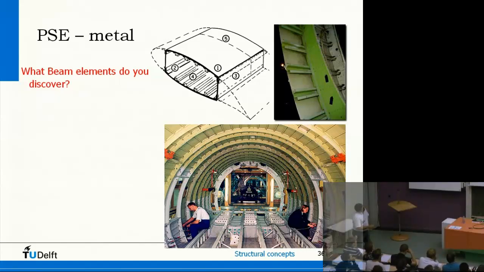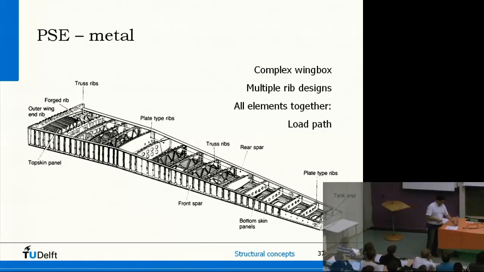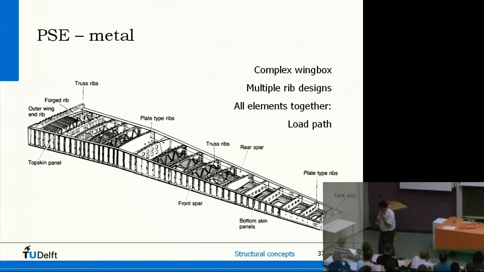This is a wing, fuselage structure. Again, you see here the frame I showed you. You see some stringers I showed you, and here you see also a fuselage structure. And again, you see a lot of these frames and stiffeners running in this direction. Floor beams. And all these elements are more or less alike each other. A wing box, again, and all these elements, well, if you look at it later when you are at home, you will see most of these elements can be derived or related to the beams we have discussed so far.